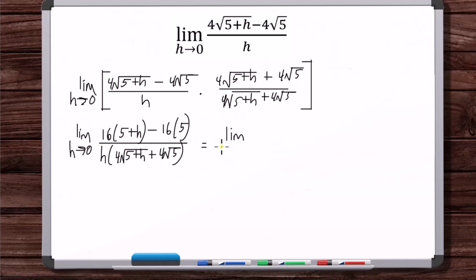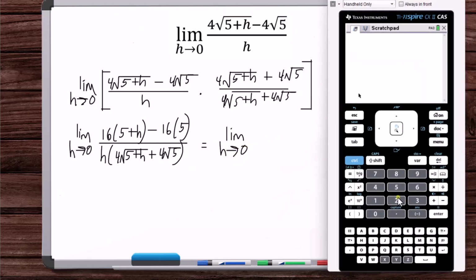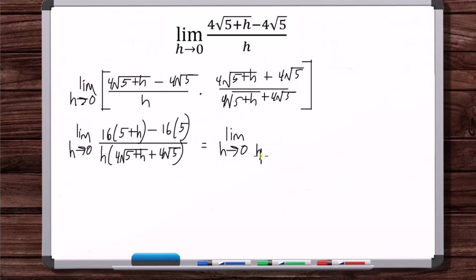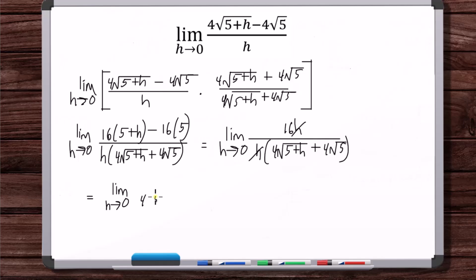Okay, so now let's see, so 16 times 5 plus h minus 16 times 5 is 16h. So 16h in the numerator, so the h's cancel, and there we go. That's going to allow us to solve the limit. So you've got 4 plus